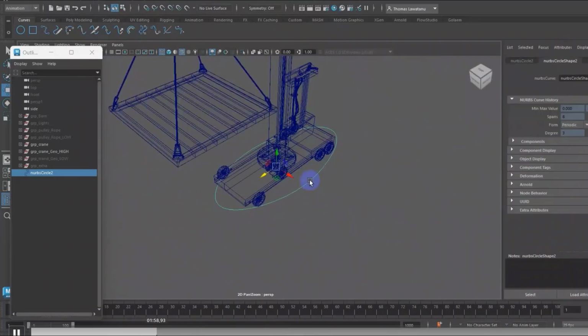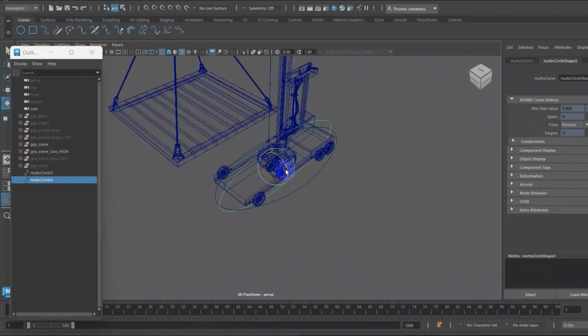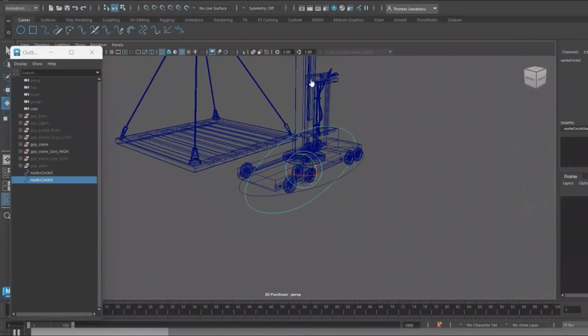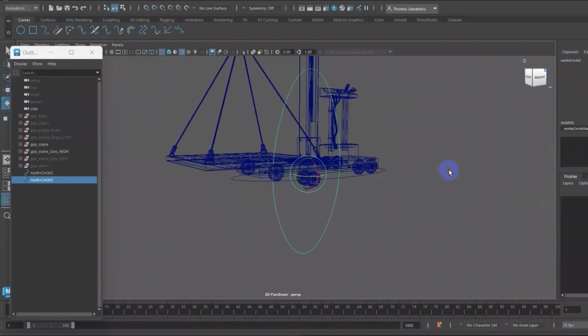This is the basic one, and then I copy it to create the second controller. I rotate it. I want to create the controller for the latch, the button you use to move the crane up and down.